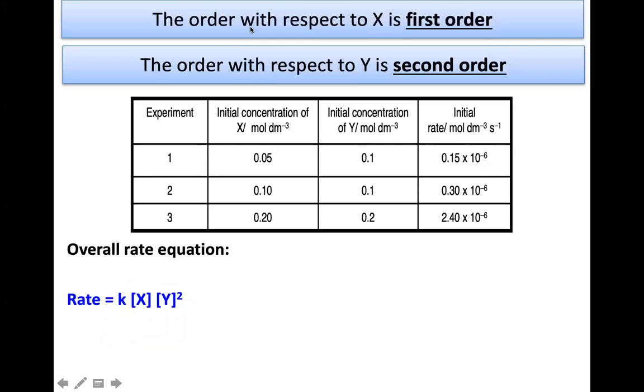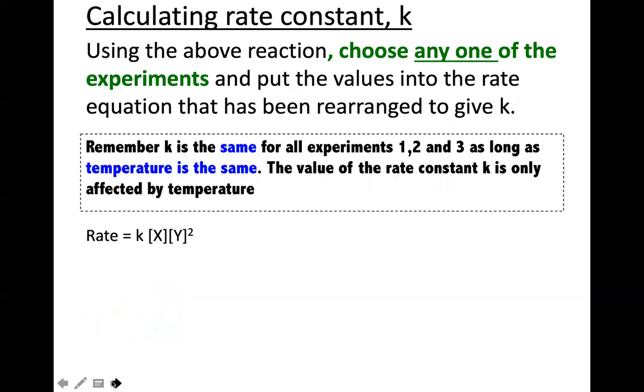Okay, the answer for your K rate constant should be 3.0 times 10 to the power of minus 4. Did you get that? 3.0 times 10 to the power of minus 4. Yes, okay, as for the units now, this is where I'm going to teach you how to work out